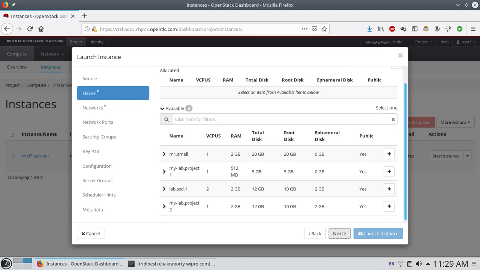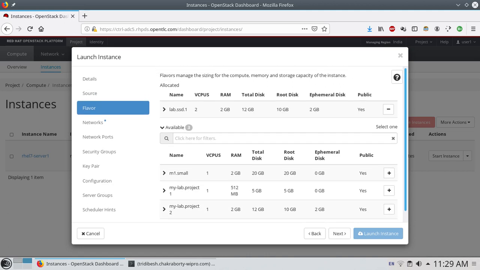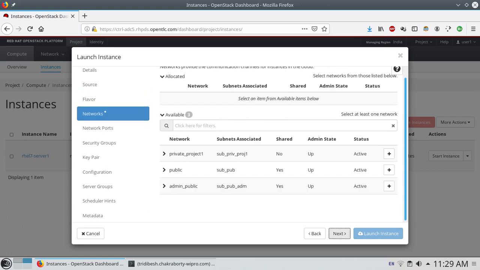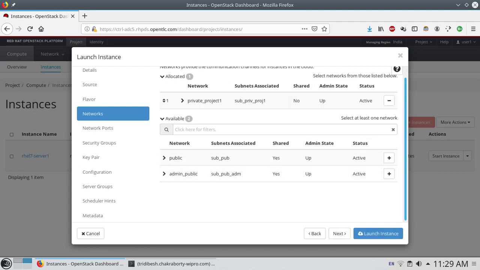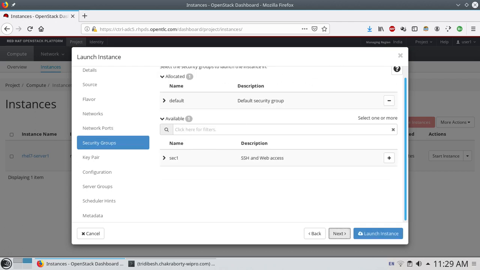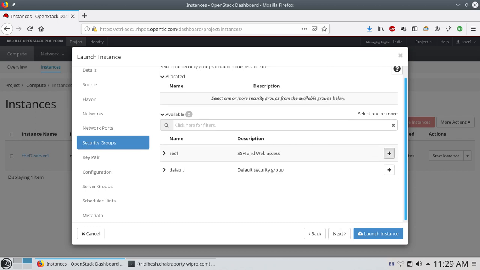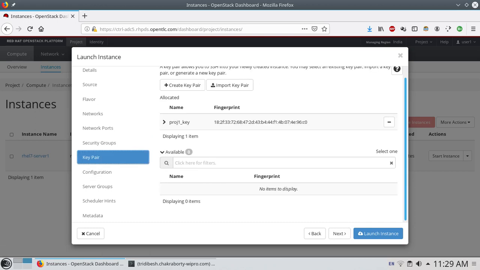In the flavor section we'll be using lab SSD 1. This is the flavor we'll be selecting. Then we'll do next. In the network section we will be using the private network, and for the security group we will select security 1.